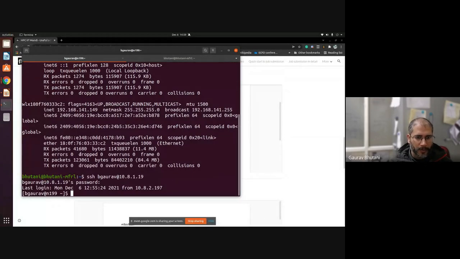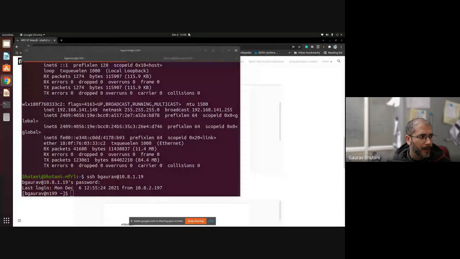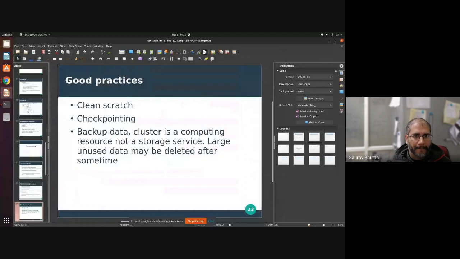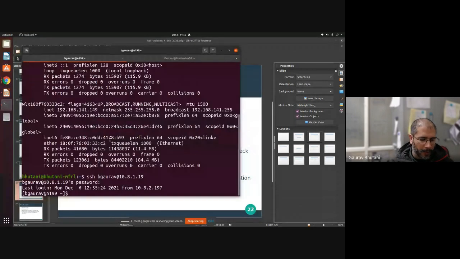Right, so where were we? Right, scratch, yes. There is a local scratch on each node. So let's say we have